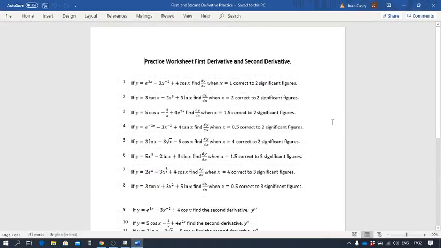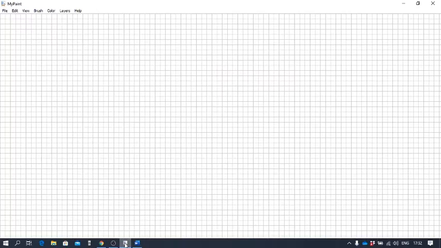Okay, in this lesson we're going to look at just some practice of first derivative and also the second derivative as well. So I'm going to maybe do example number 1 from the worksheet that's open in front of you on the screen now. So if I take that off to my writing pad, and the question was